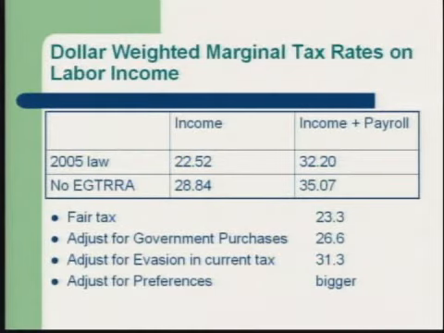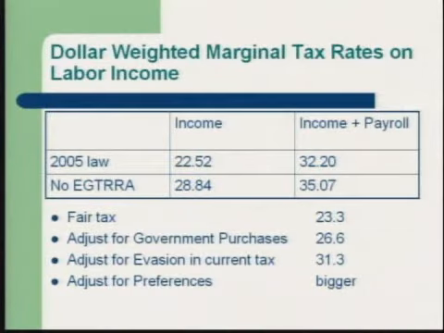And I guess the third thing I would say is that if we can cut non-Social Security spending by 20% under the fair tax, we could also cut it under the existing tax. So if you're going to be fair in comparing this, you've got to make all the same assumptions. So the second number adjusts the fair tax rate up to account for the fact that government purchases will have to go up in dollar value in order to keep the same real value of government spending. And this is very much the kind of methodology that Bill Gale has used.